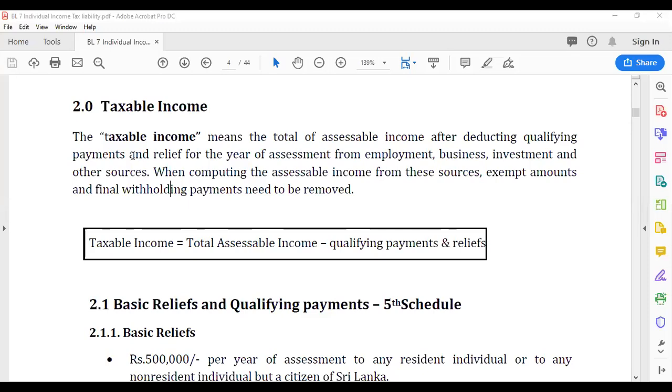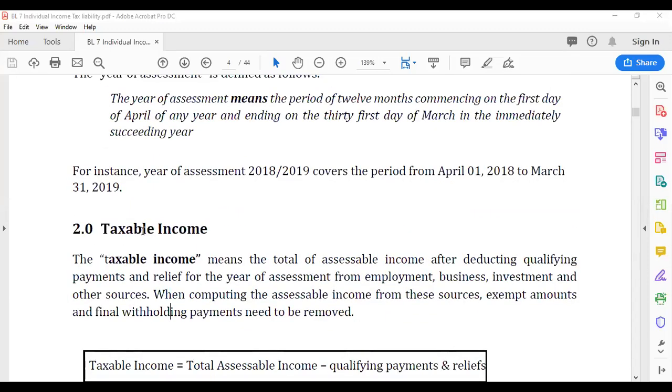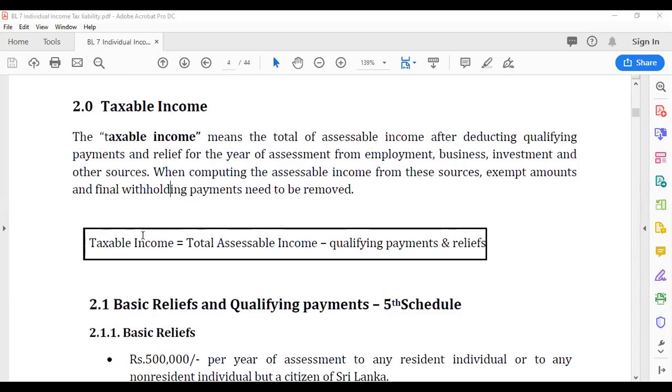In the last class, we stopped at 2.3, that is taxable income, right? And the taxable income is equal to total assessable income minus qualifying payments and relief. We have gone through the basic idea of assessable income and qualifying payment and relief. And here,